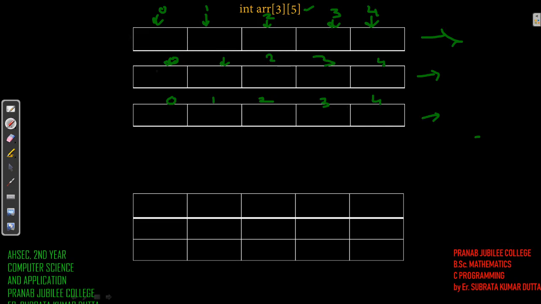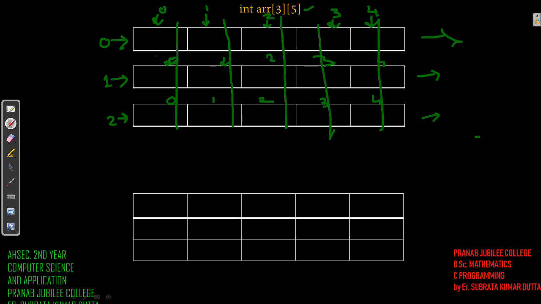Now if we consider them together, we have to give another number: the number of the array. So this is 0, this is 1, this is 2, right? When you are combining, this column is 0, this column is 1, this 2, this 3, this 4.